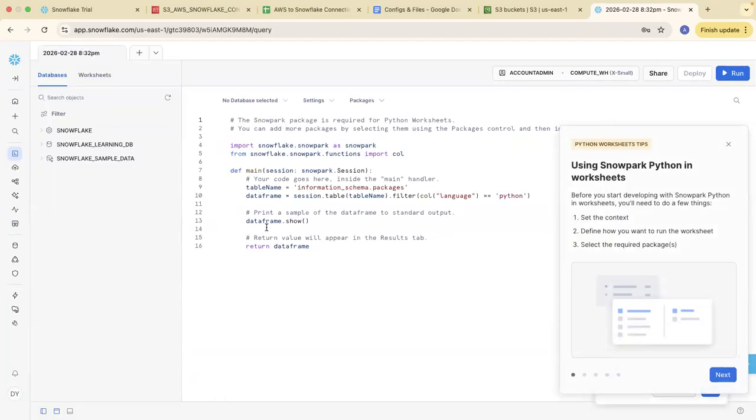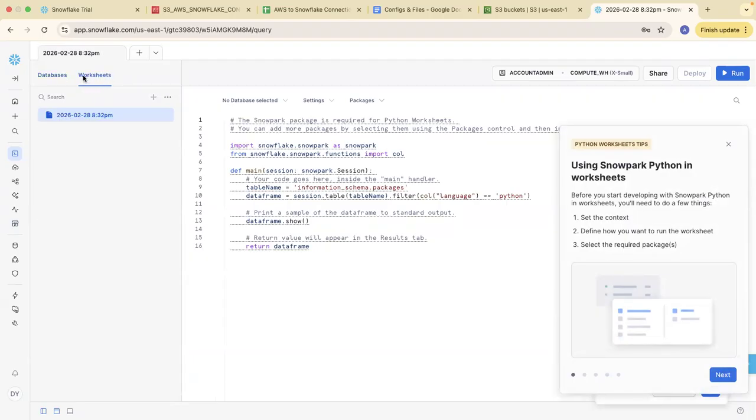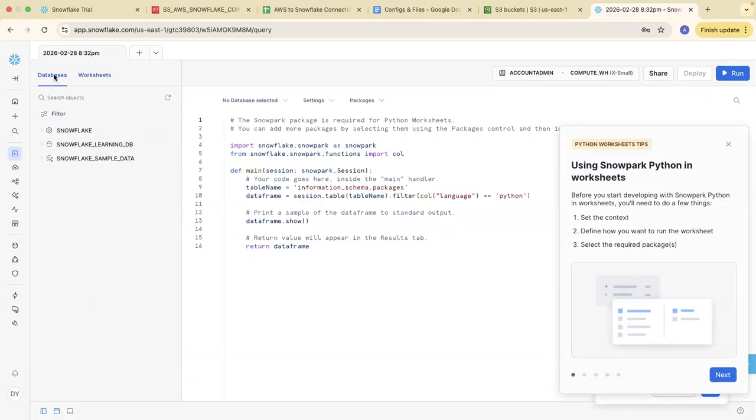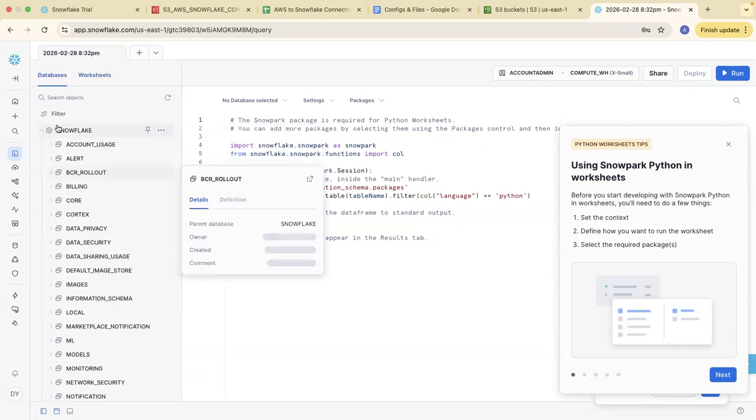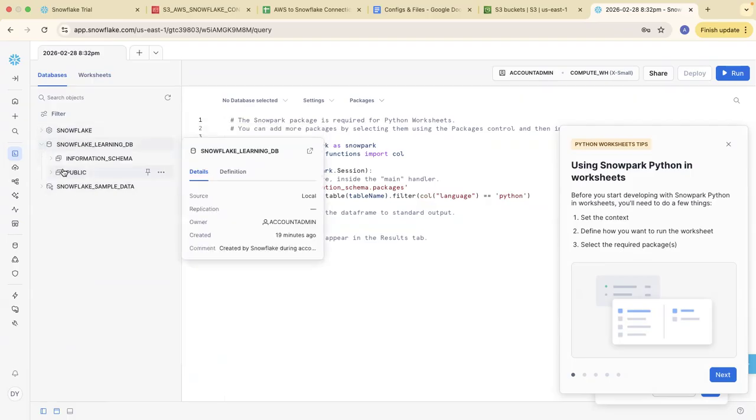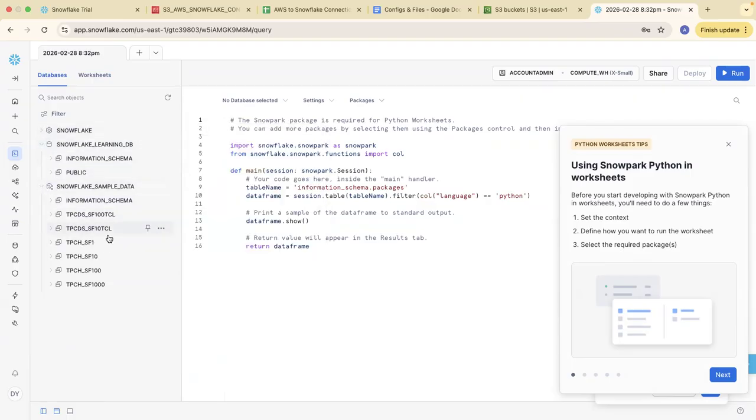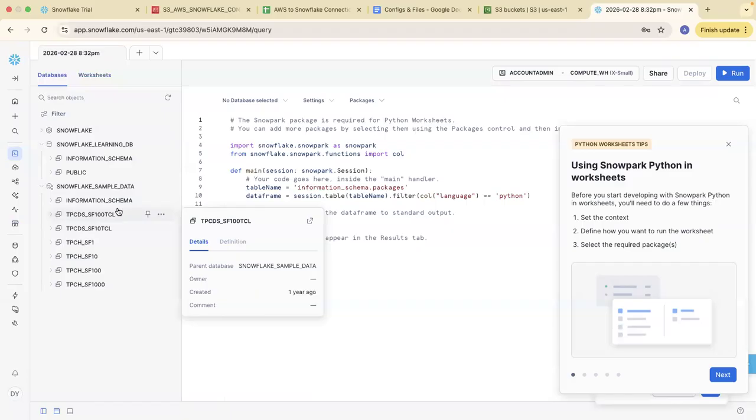Once I go into the Python worksheet, you will see two options here: databases and worksheets. These are the databases which are available in Snowflake for now. And this is some sample data which is available in Snowflake. And Snowflake, you can understand, is the same as your SQL editor.